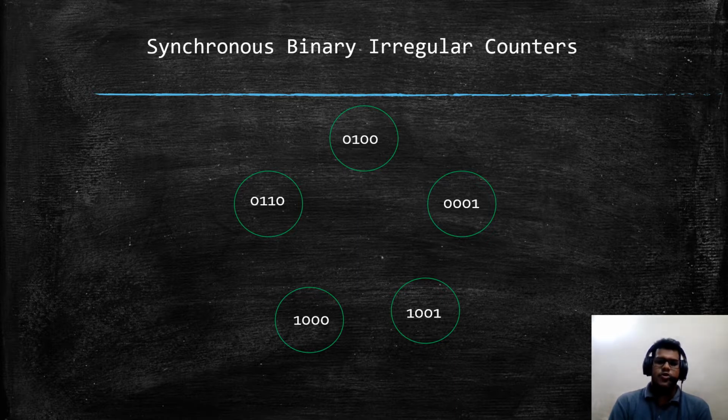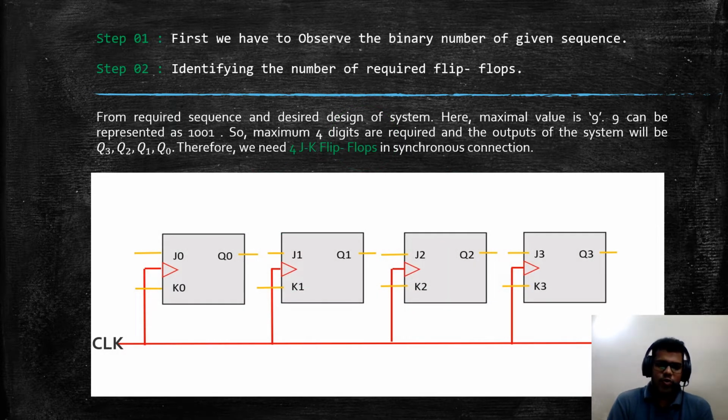My ID is 20419941. My topic is Synchronous Binary Irregular Counters. Here our given circular sequence has no repeating number and is not in any ascending or descending order. Step 1: first we have to observe the binary numbers of the given sequence. Step 2 is identifying the number